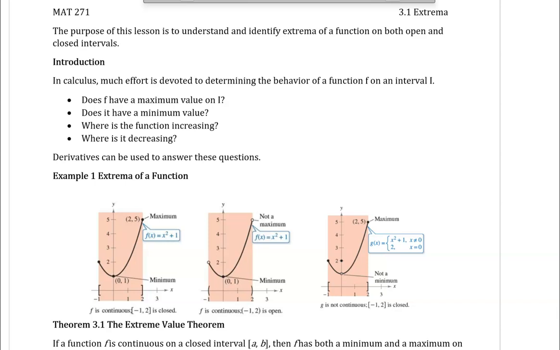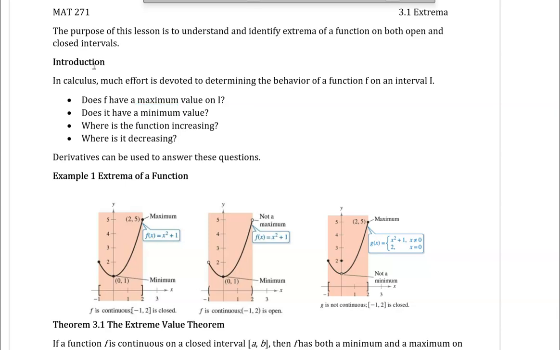Our goal of this lesson is to be able to understand and identify the extrema of functions on both open and closed intervals. We're going to get started with a brief introduction. A lot of things in calculus is directed towards being able to figure out how does a function behave on an interval. Some of the questions we may ask is, does the function have a maximum or a minimum value